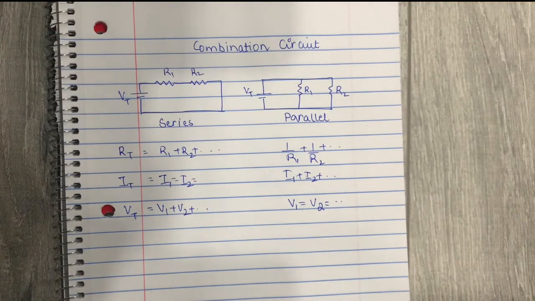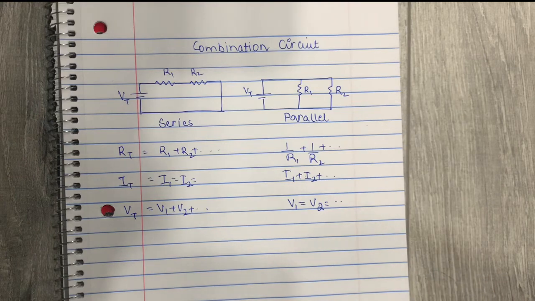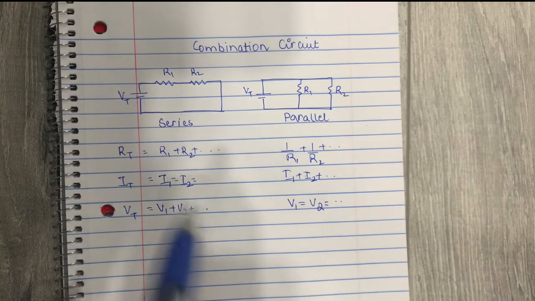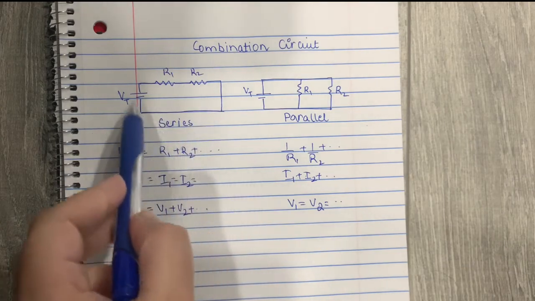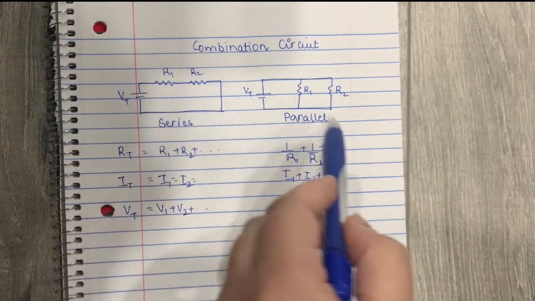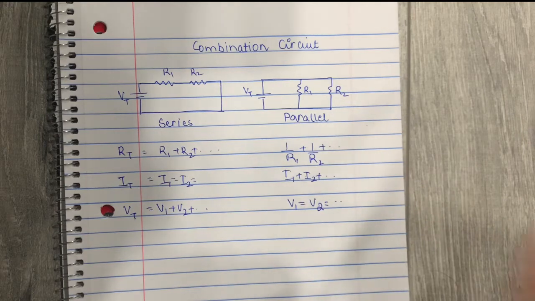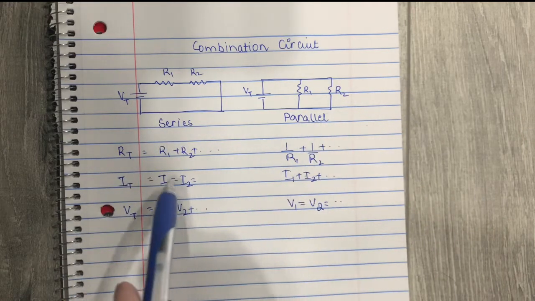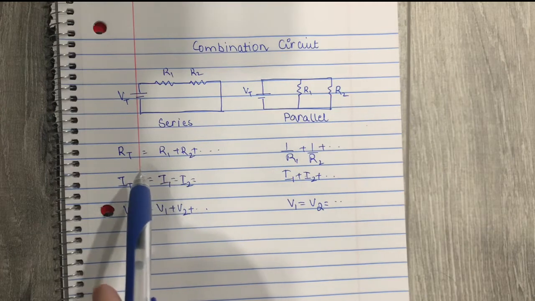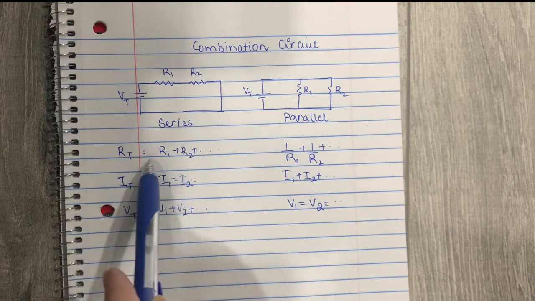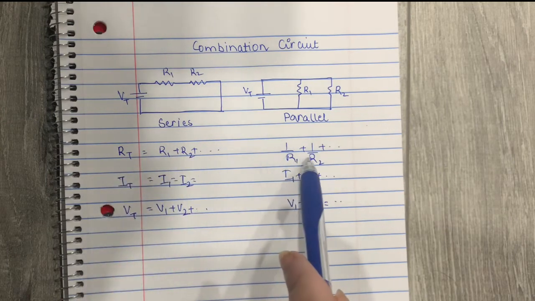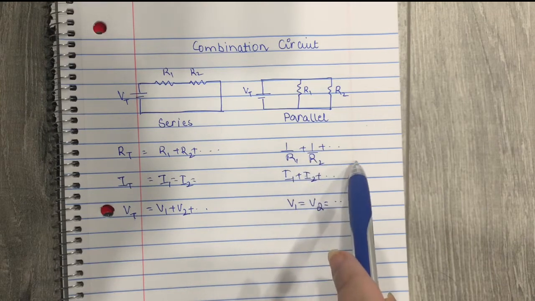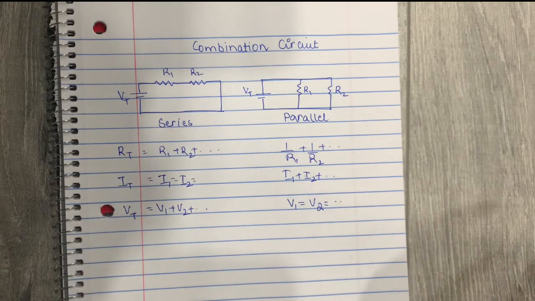Before we proceed with the combination circuit, let's take a quick recap and see how exactly a series and parallel circuit used to work. If you see here, I've made a small series circuit with two resistors, similarly a parallel circuit. For calculating the total resistance for a series and parallel circuit, what we used to do was calculate the sum of resistors for a series and the reverse of all the values of resistors for a parallel circuit.